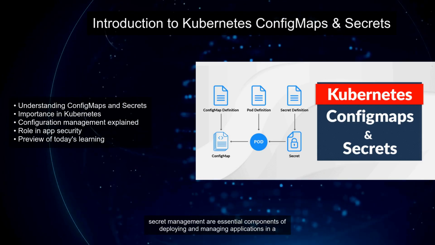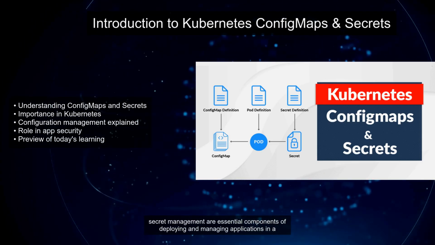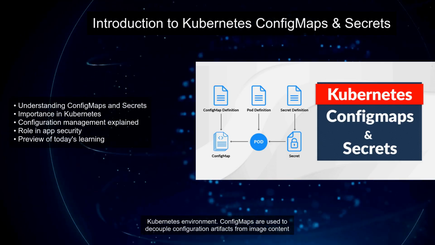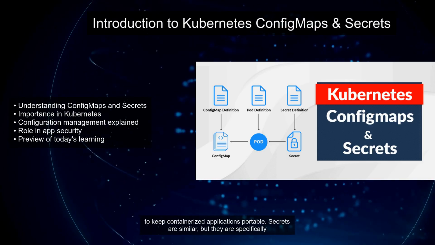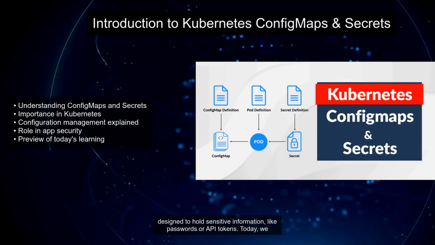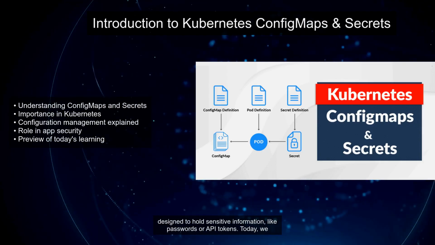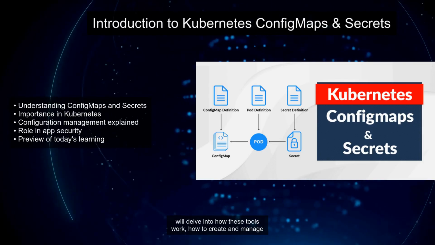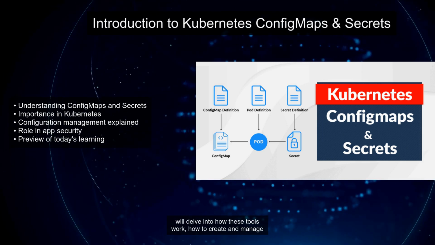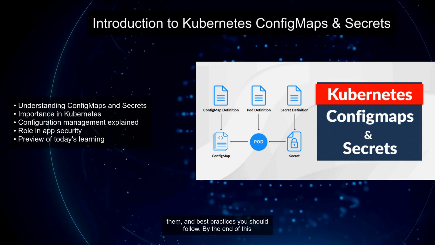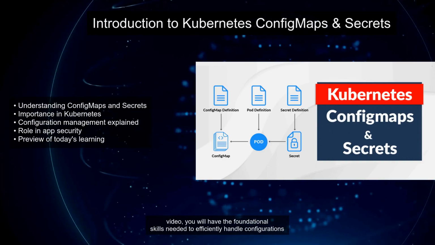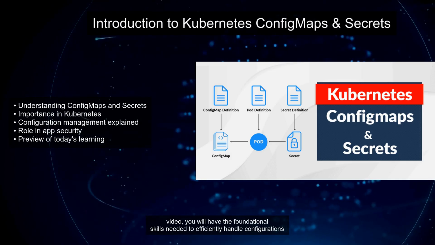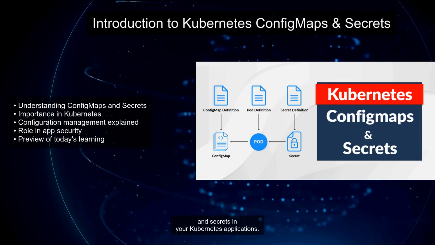Configuration and secret management are essential components of deploying and managing applications in a Kubernetes environment. ConfigMaps are used to decouple configuration artifacts from image content to keep containerized applications portable. Secrets are similar, but they are specifically designed to hold sensitive information, like passwords or API tokens. Today, we will delve into how these tools work, how to create and manage them, and best practices you should follow. By the end of this video, you will have the foundational skills needed to efficiently handle configurations and secrets